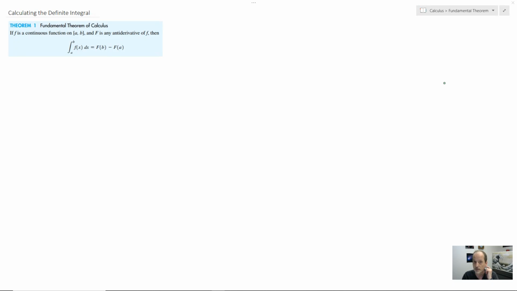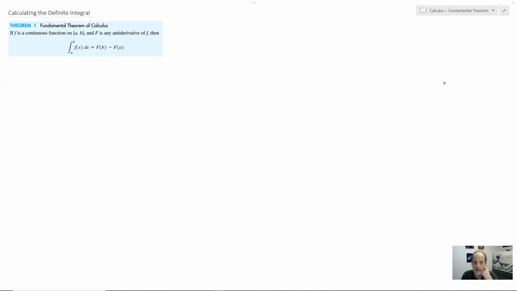So f is continuous on a closed interval a to b, and capital F is any antiderivative. By any antiderivative, they just mean the constant is unknown, but we really don't care. In fact, when you look at this formulation, the constant doesn't show up anywhere, and I'll explain why in just a minute. But if we take the integral from a to b of f of x dx, then the way we calculate it is we find out what f is the derivative of, so the antiderivative, capital F, and we insert b, and we get that result,